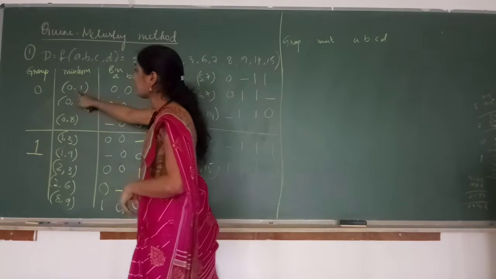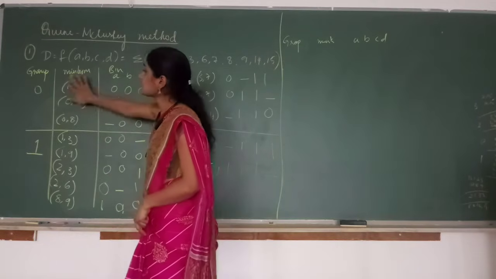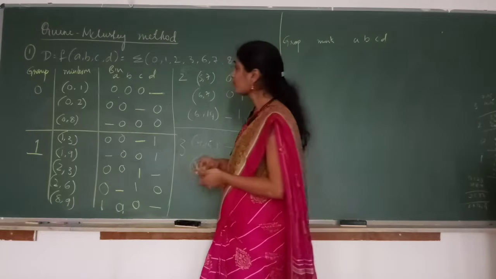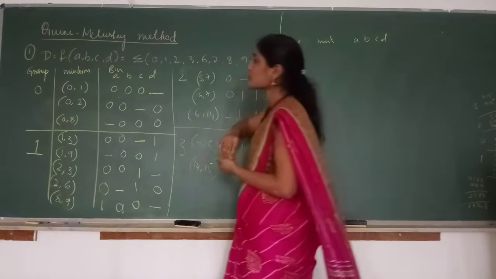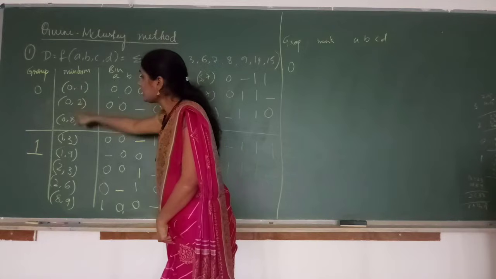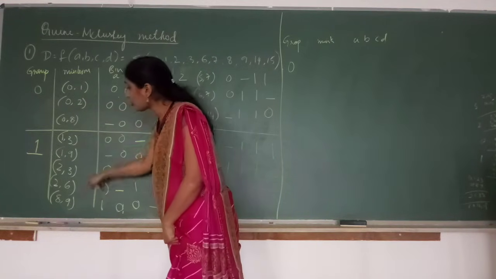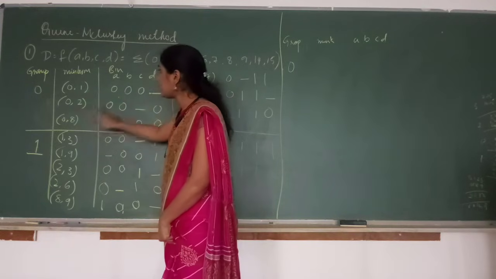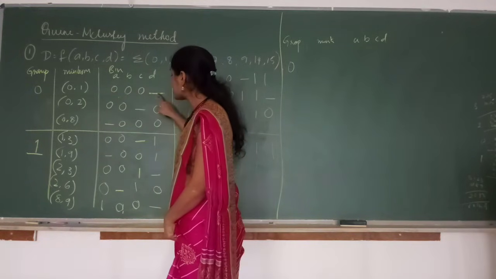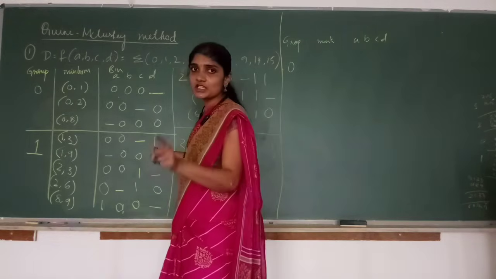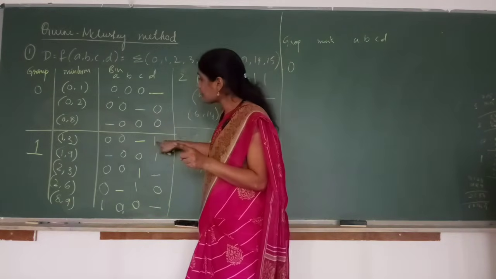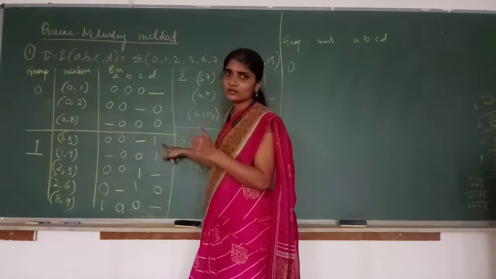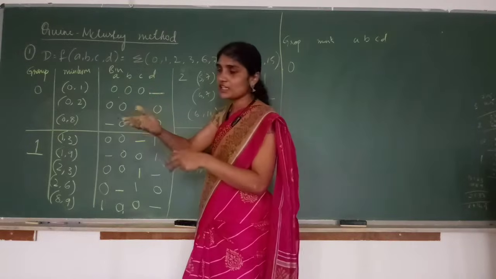Now just have a look here. I have to compare all the mean terms that are present in group 0 with group 1, group 1 with 2, 2 with 3. Okay? Now first table, first group. Compare all the mean terms present in group 0 with group 1. Start with 0, 1. Compare 0, 1 with 1, 3. What is the condition? Dash should be in the same position. If I group 0, 1 with 1, 3, is dash in the same position? No. So not possible. Don't check the other condition.